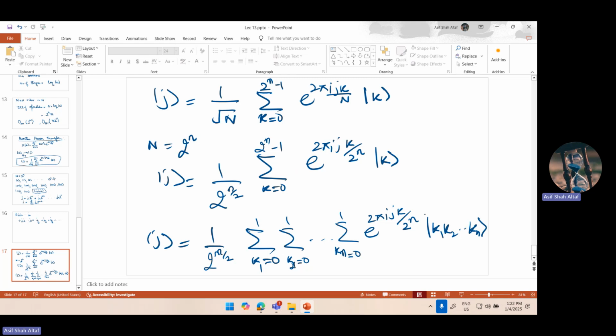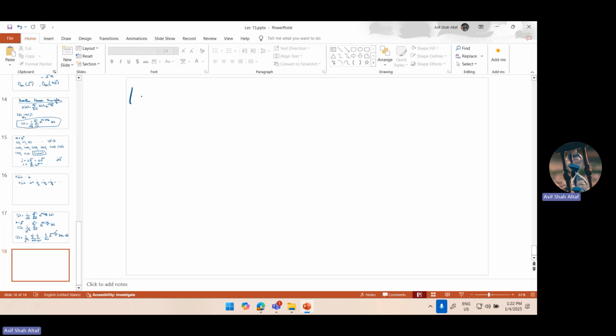Now we also need to look at this k here, which is in the exponent. So we have changed the k in the basis. We also need to change the k to binary representation in the exponent here, in the exponential. So let's try to do that. So that should give us